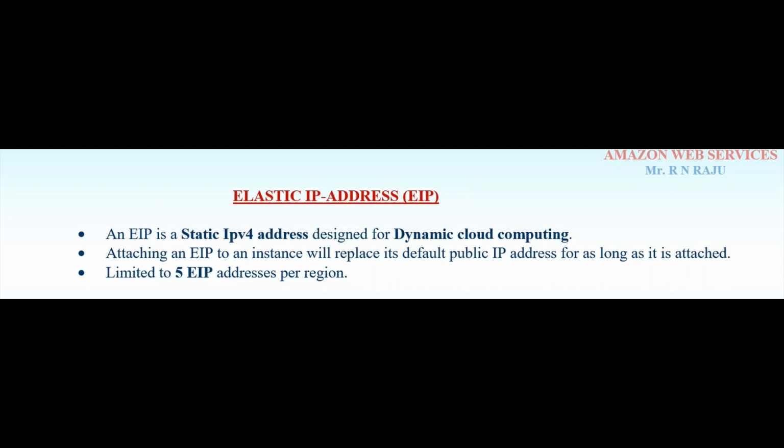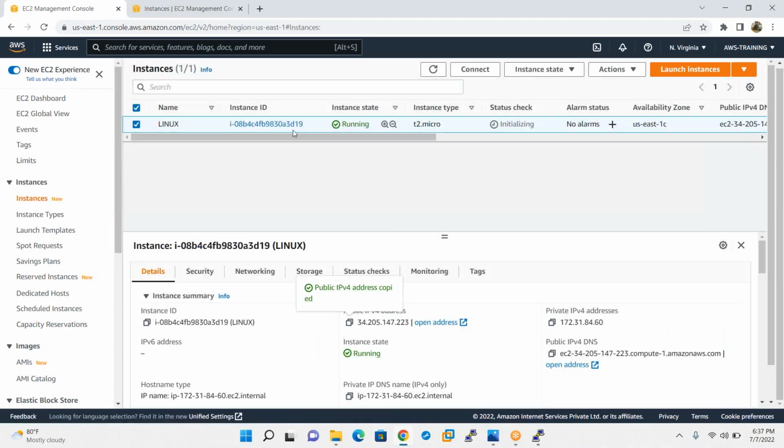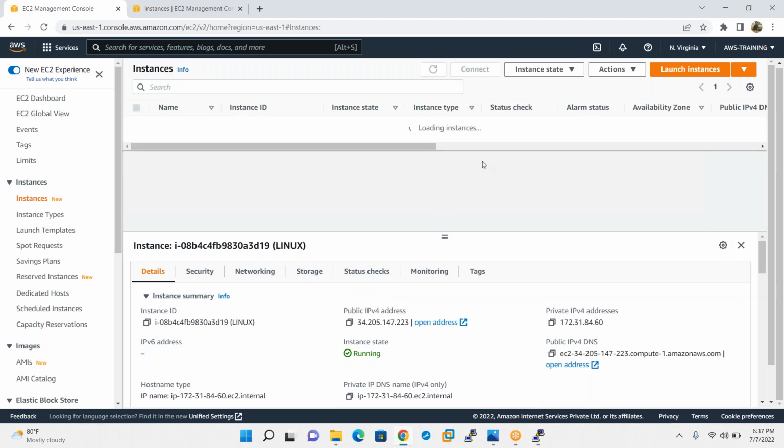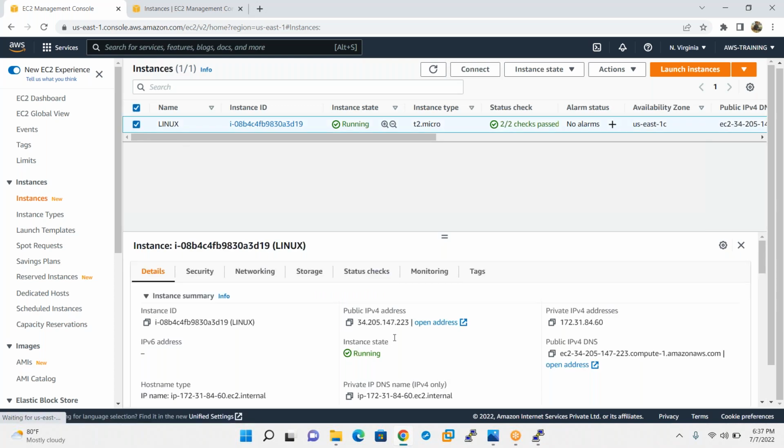So for example, I have one running instance, just assume. Maybe this server is a web server. This instance is running with what? One application. This instance is associated with one public IP address. This web server is running with this IP address. Okay, if I stop this instance,